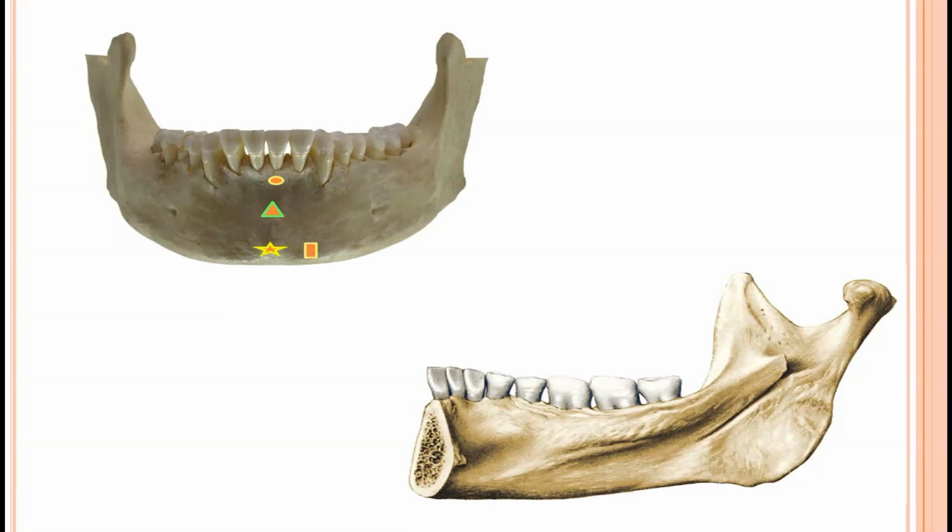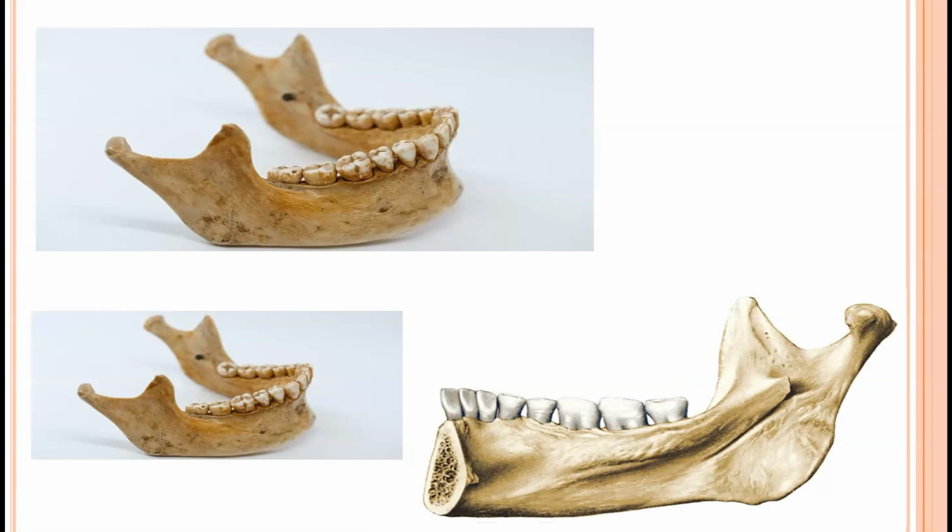Lateral to the mental protuberance is the mental tubercle, lateral to that is the mental foramen, and the lateral most is the external oblique line. In the body, on the internal surface, we can see the superior and inferior genial tubercles, mylohyoid line, submandibular fossa and sublingual fossa. The ramus has two surfaces, lateral surface and medial surface. It has two processes, the condylar process and coronoid process, the pterygoid fovea and the neck of the mandible.